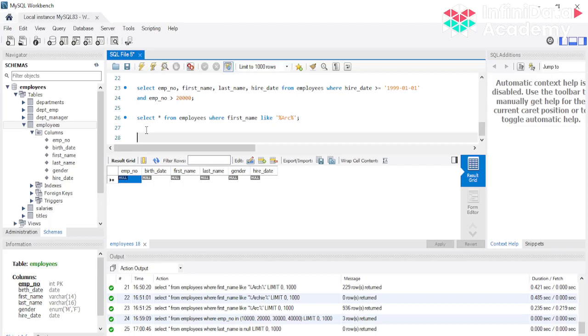Alright, so the next query we are going to do on select employees is on the IN operator. The IN operator is basically for when you want to check on a particular column whether that column's value lies in a particular list or not. In this case I am going to select employee number as a column, and I used the IN operator here, after which I have to provide some list. So I just randomly put some values in the list, right, and these are the values.